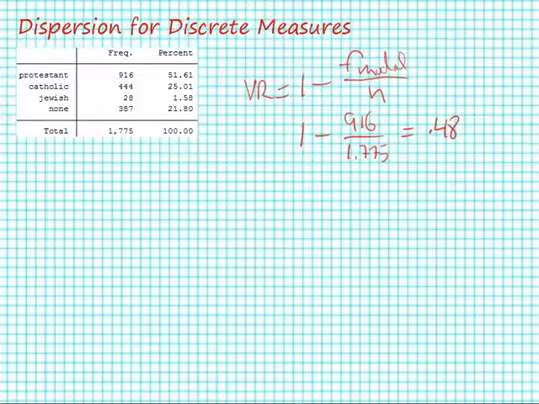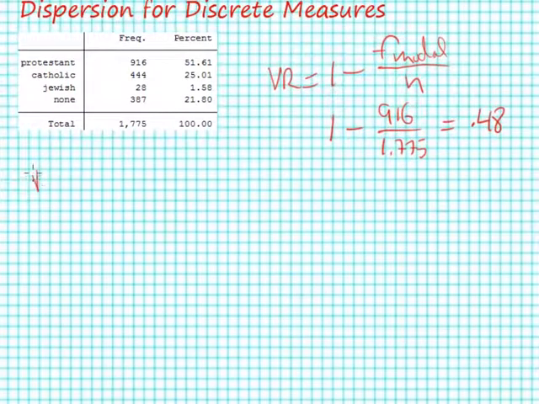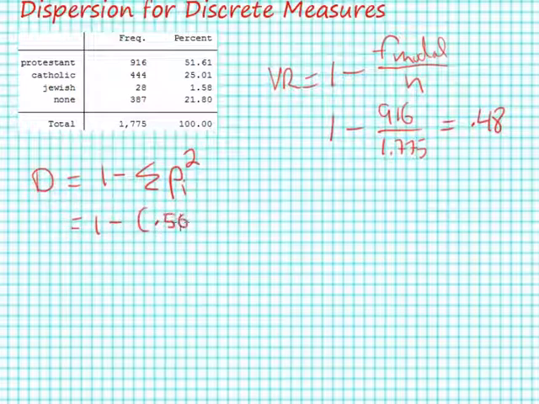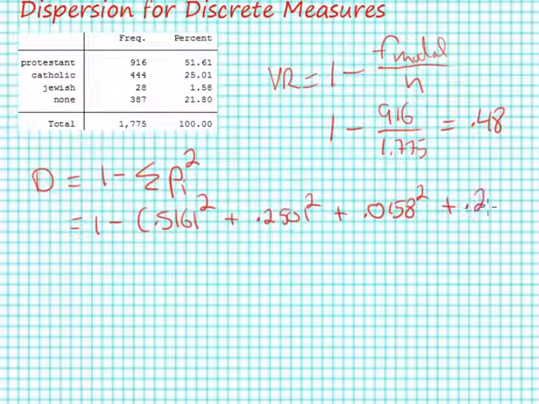Our next measurement is our index of diversity, or our diversity index. To review the formula, we have D is equal to 1 minus the sum of the proportions in each interval squared. Writing this out, we see that this is equal to 1 minus 0.5161 squared plus 0.2501 squared plus 0.0158 squared plus 0.218 squared, and that this is equal to approximately